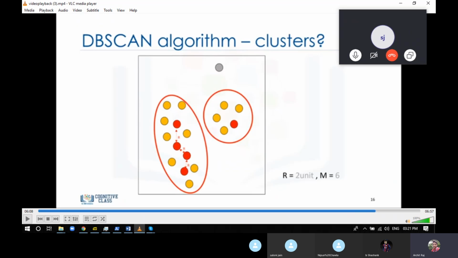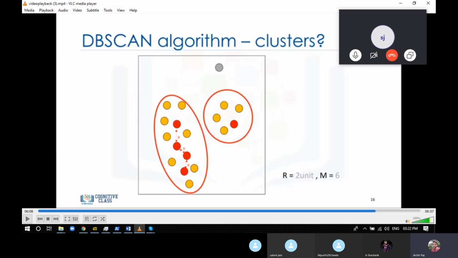Now this particular border point is a border point because which core point is inside its neighborhood? This one. So this particular border point belongs to this particular core. Even this one belongs to this core. This one belongs to this core, or I guess this one. So we make a cluster here. Now for this one, we have only one core point. It's not really close to any of the other core points. So only this particular core point and its border points will be one cluster. And this particular one is an outlier. Because it's an outlier, we're not going to assign any cluster to it.